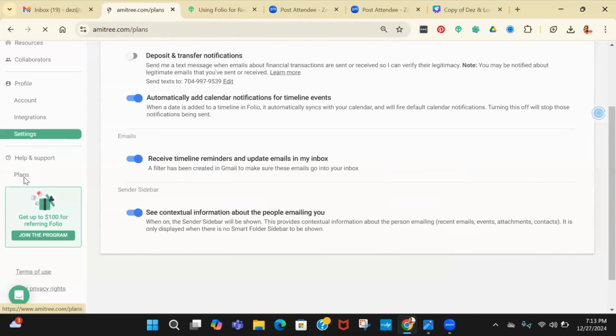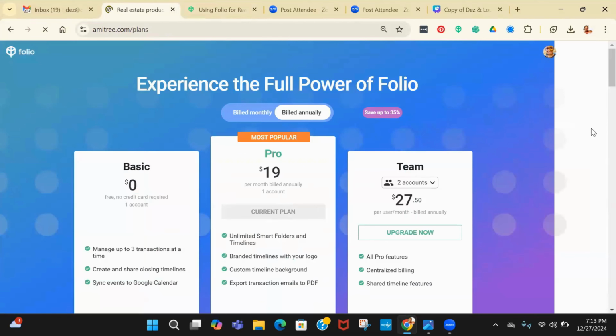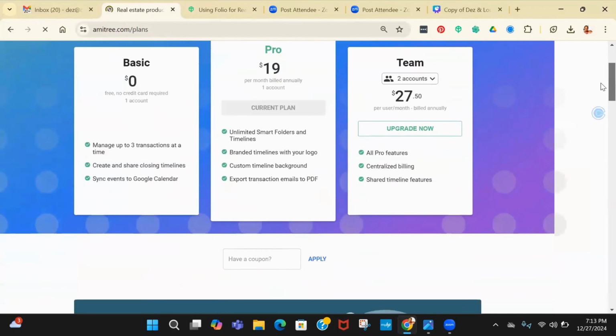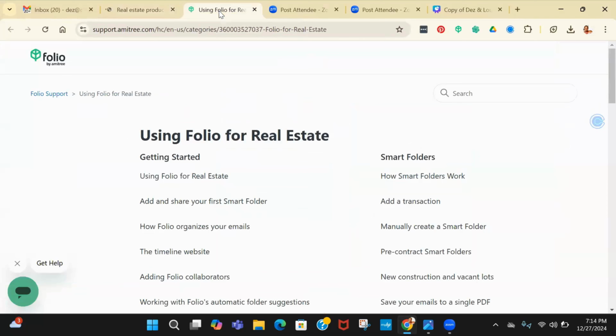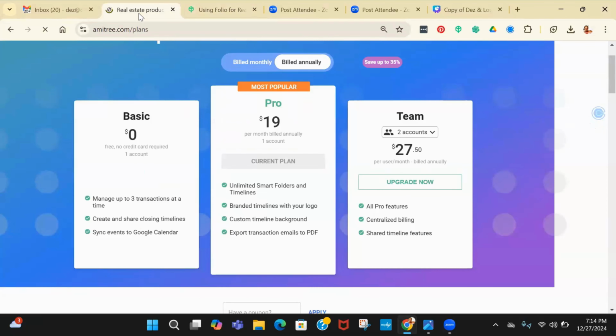And it has the different plans. Basic, yes, basic, it's free, but it only allows you up to 3 transactions. And if you do have people that you add as collaborators, they can only view what's going on. They can't edit or add anything. Then they have the pro version and they have the team version. That's pretty much it. It's pretty much a simple software,